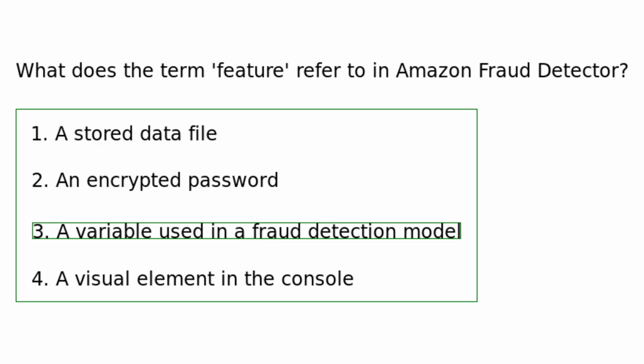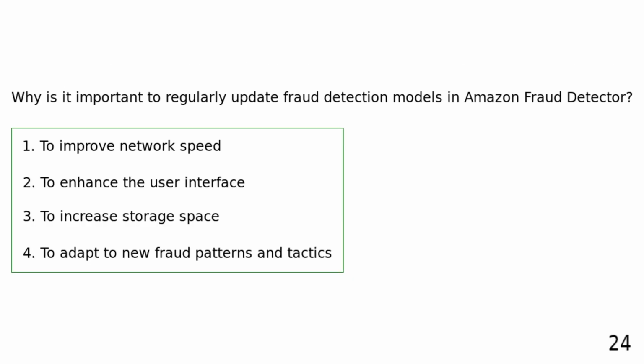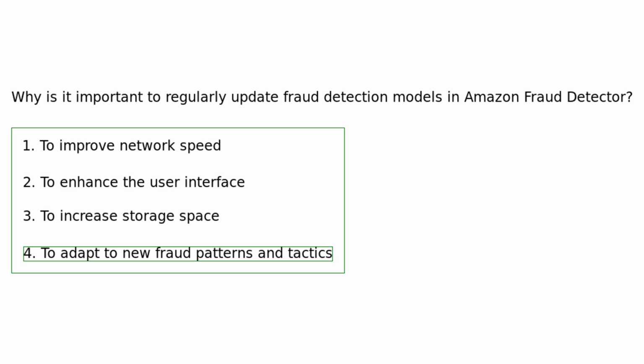likelihood of fraud. Why is it important to regularly update fraud detection models in Amazon Fraud Detector? To improve network speed. To enhance the user interface. To increase storage space. To adapt to new fraud patterns and tactics. Regularly updating fraud detection models in Amazon Fraud Detector is important to adapt to new fraud patterns and tactics, maintaining